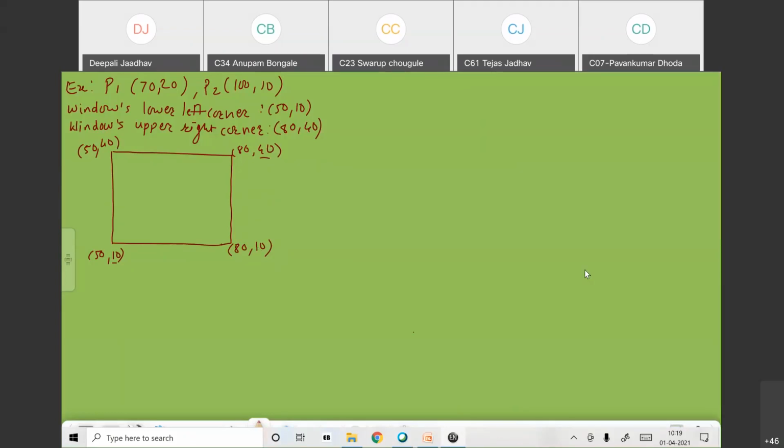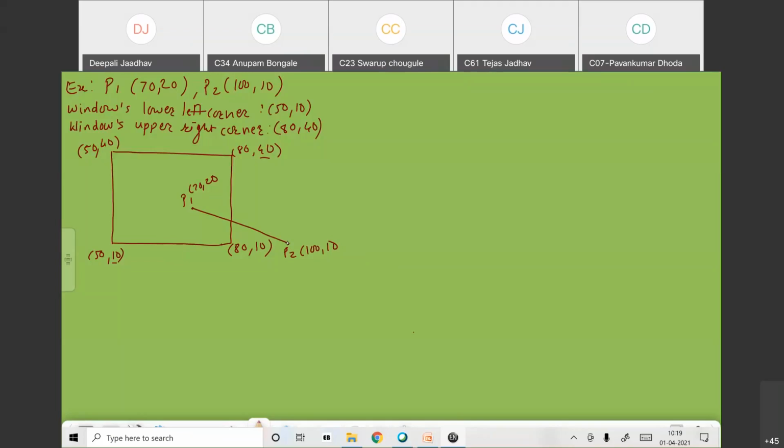Now we are going to draw a line in this window. The first point P1 has 70, 20 coordinates. So 70, 20. I can place it somewhere here, not exactly. P1 with 70, 20. And the second one is 110. 110 means I draw the P2 point somewhere here, at the bottom. So that is our line P1 to P2.